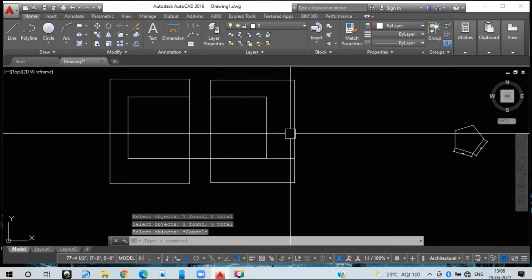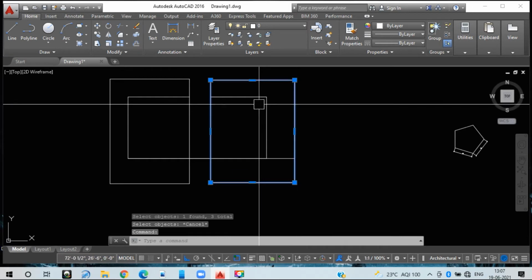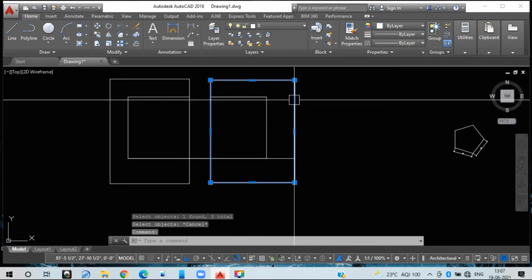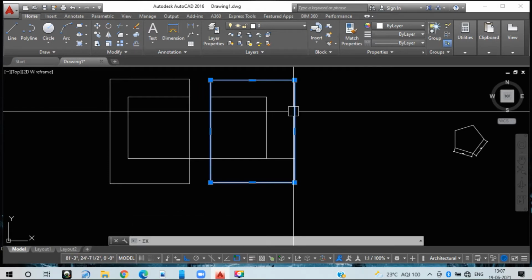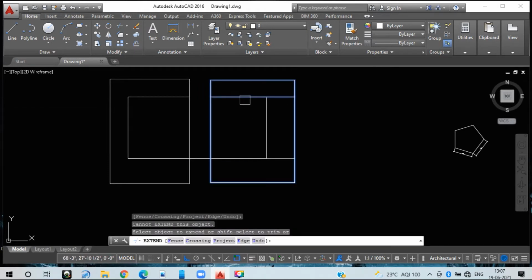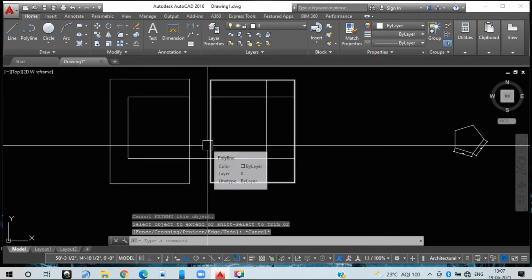See, for example, till this point, if you want to extend this line command, you just need to select this one and press EX, enter. Then you just click on this one, and the line has been extended. If you want to extend this line, it is going to be extended. Why has it been extended in the vertical also? The whole rectangle shape is not independent to each other, so this has been touched till that point. See here it is also touching. So that is how your extend line command is going to work.